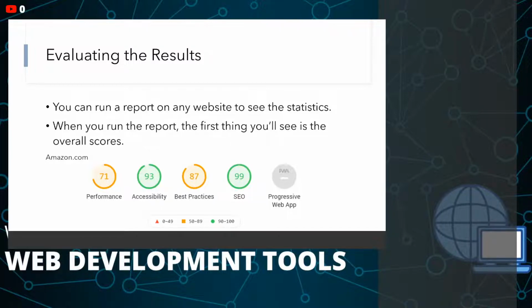But you can run a report on any website you want to see the statistics from that website, right? Which is one of the interesting things. So it can give you some information about websites that exist and show you some different things about it. So I want to run a few of these, and then we'll kind of go into the different scores a